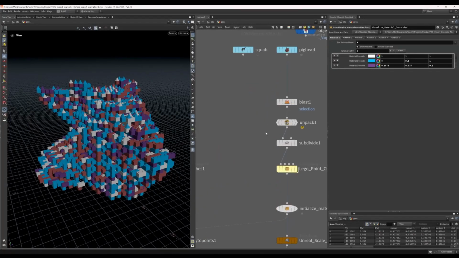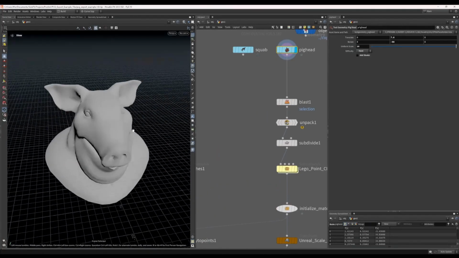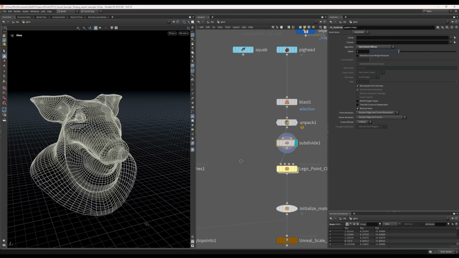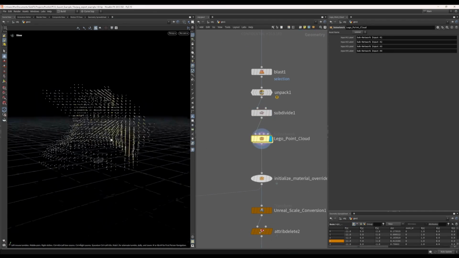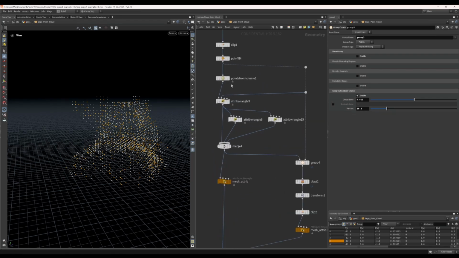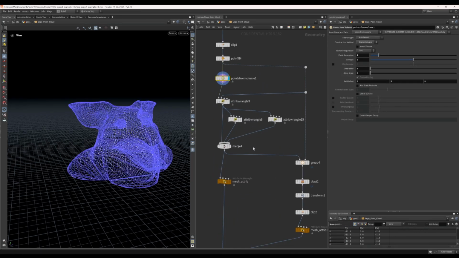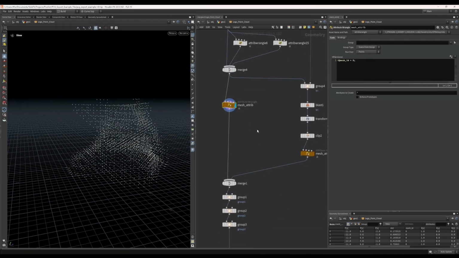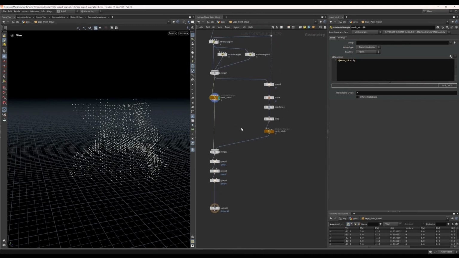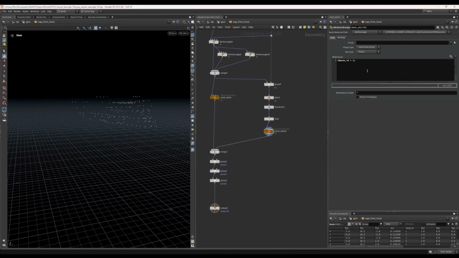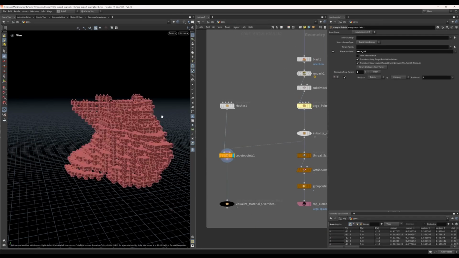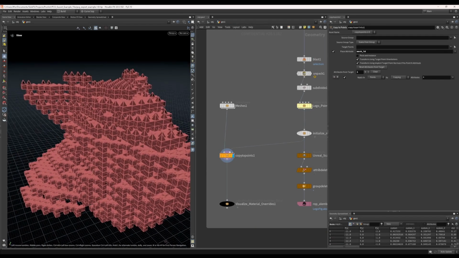So how do we start with this? We have this geometry with the pig. Just get some subdivision here, and we get this point cloud using points from volume, and then overlaying some of them on top of each other, giving them this mesh ID 0 and 1 for the top ones, because I want the top ones to be this pyramid thing,